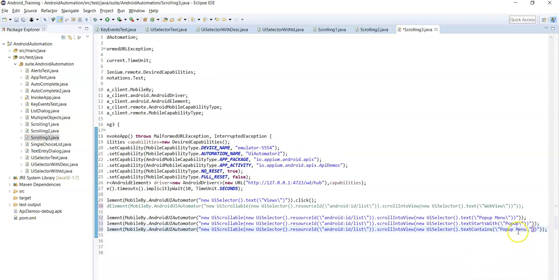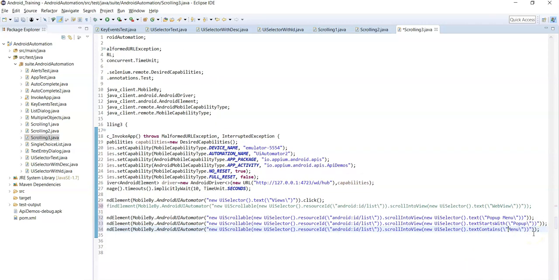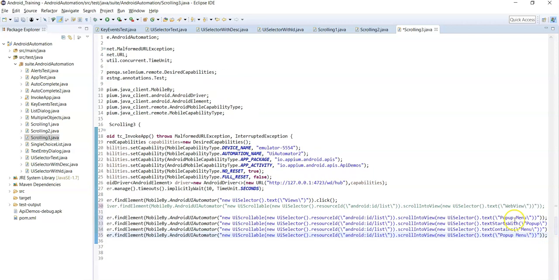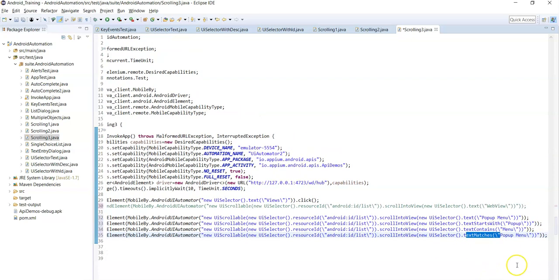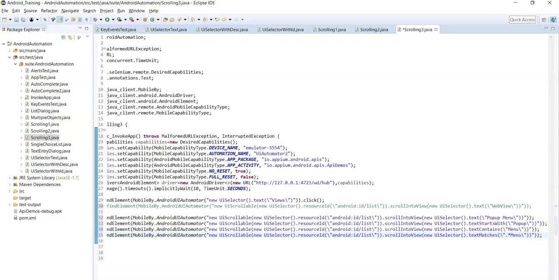Text contains, you can use menu. Next, text matches. So you can use regular expression here, right? So dot star menu, so it will search for text attribute value that ends with menu.